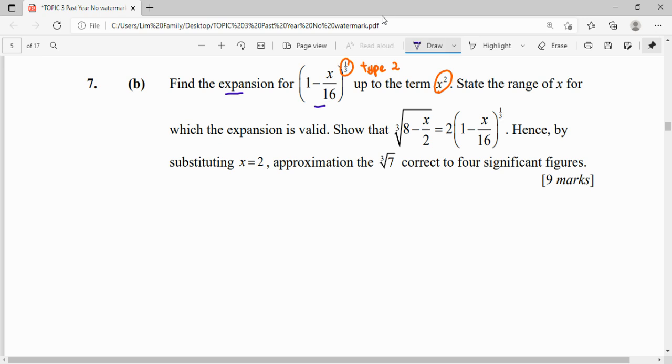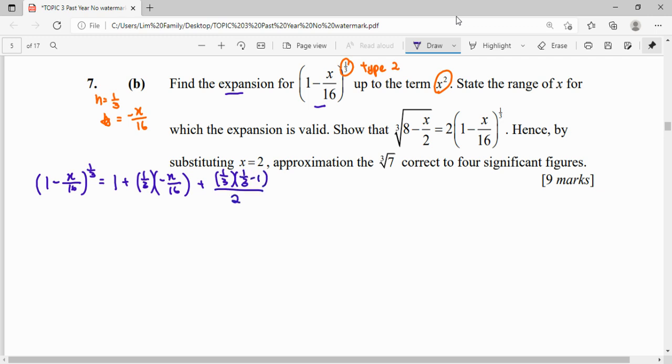So first of all, we write our title of expansion. It will be 1 minus x over 16, power to 1 over 3. From here, when you want to use formula type 2, you must know what is our n, which is 1 over 3. And then what is the thing we have to expand here? It will be negative x over 16. So by using the formula of binomial expansion type 2, it will equal to 1 plus n, and then the thing we want to expand here is negative x over 16, then continue